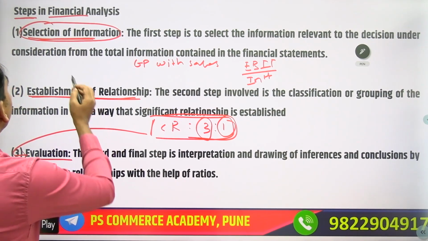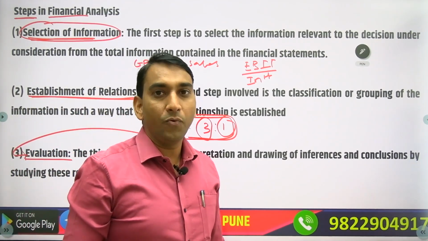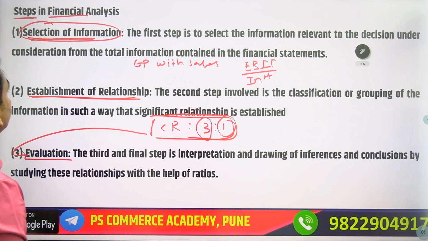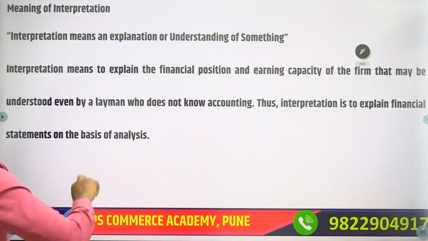So the first step is that you have to select the data, you have to establish the relationship, and then you have to evaluate the calculation. So that is the third step. So these are the steps in financial analysis. So we'll move ahead and we'll see the